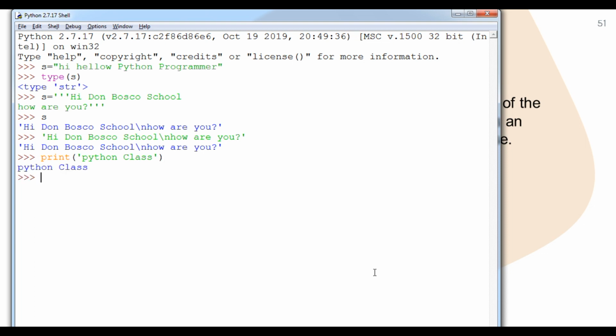If I print it, you can see there are no quotes outside of that. So I use the escape sequence slash double quote, and then again slash double quote. Now you can see the double quotes have come. If I want to break it into two different lines, I use slash n. Now you can see Python is on top and class is below.